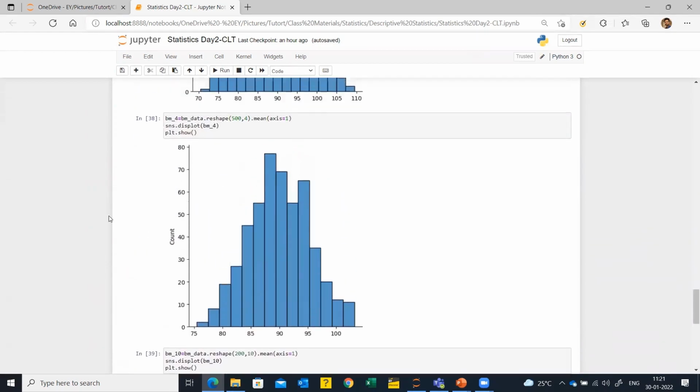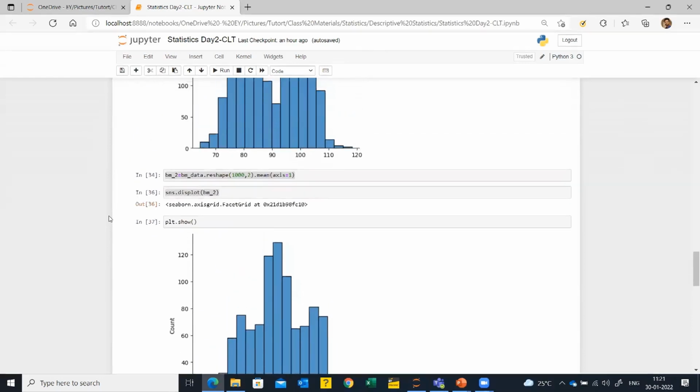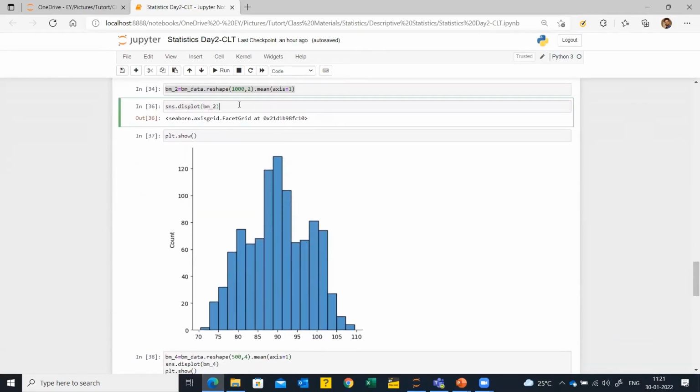Anyone has any question? Went very slow, a lot of graphs, a lot of plots, but let me know if you understood the central limit theorem from a Python perspective. So what I tried to show here is the mean is going to be the same, whether you take unimodal or bimodal data, any distribution. When you do sampling on top of it, the mean is going to be the same, but your standard deviation will reduce by root n. n is the sample size.